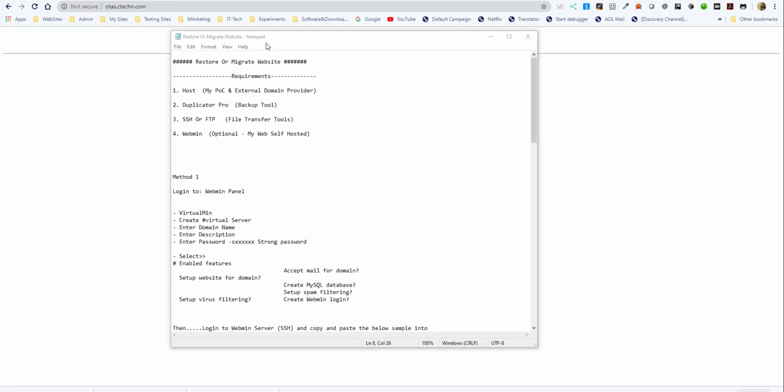So as you can see on my screen, what we're going to do is take a few steps to restore a site from a working site to another working site. There are a few requirements. Number one requirement is a host. I'm using my POC environment, and you also would be requiring an external domain provider who would be pointing your